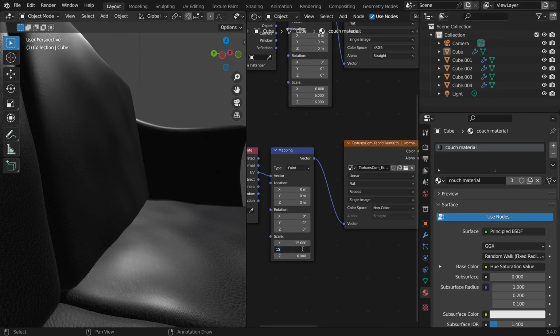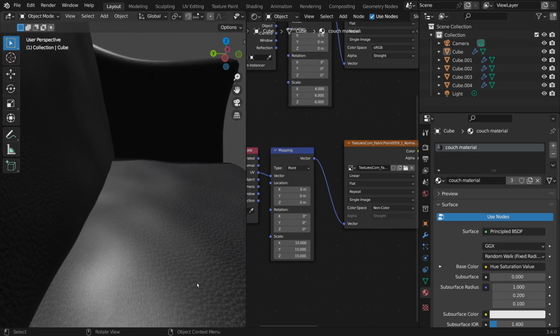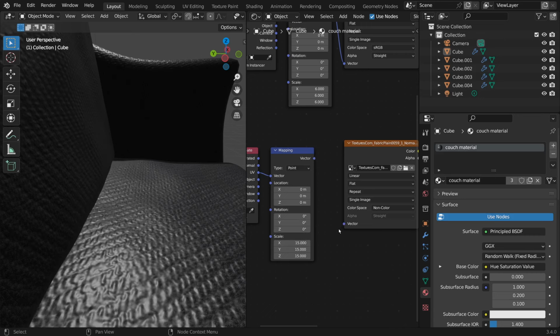This is just a way of changing that without actually using a new texture, because I'm trying to achieve the functionality of it without actually changing the